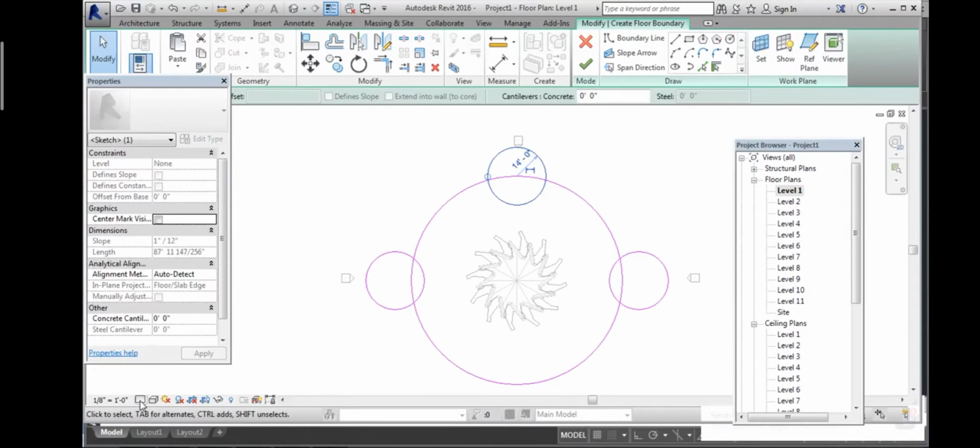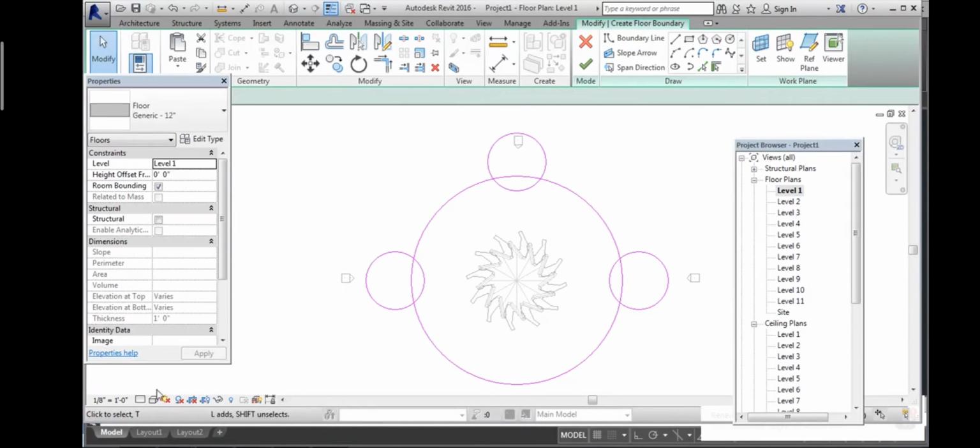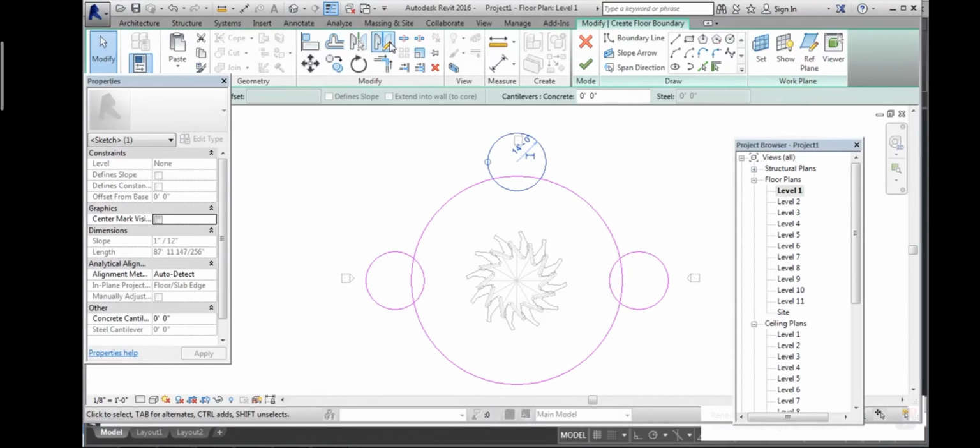Like this, you have to create the geometry, as shown on your screen.